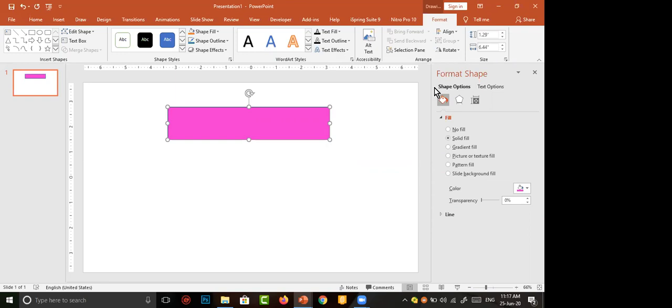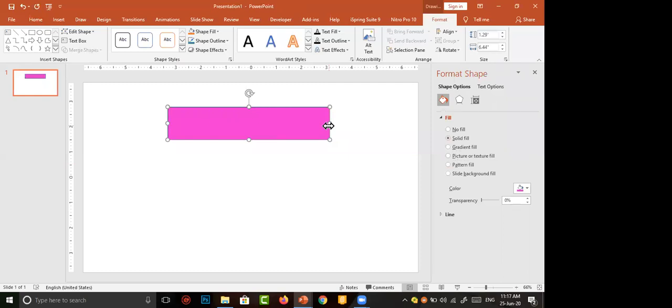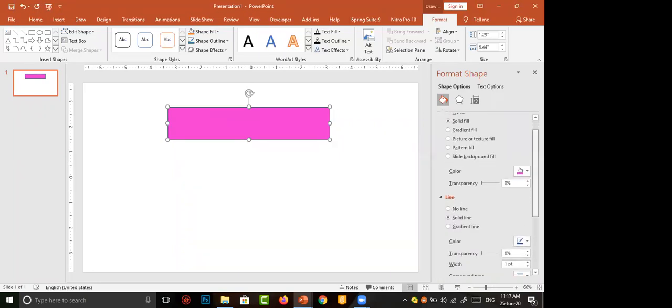Again, I want to change its outline. Now the outline is in blue color. I want to change the blue color of the outline. So again, I click on the rectangle. We can move to line here or here. In both ways, we can do the same procedure. I click on line. I'm going to change the line.